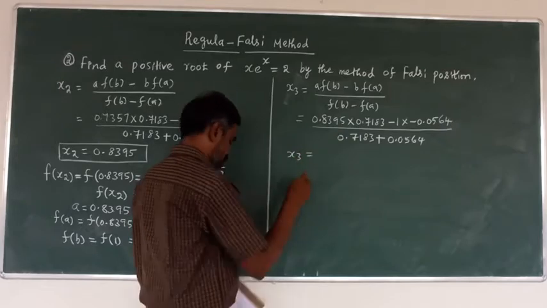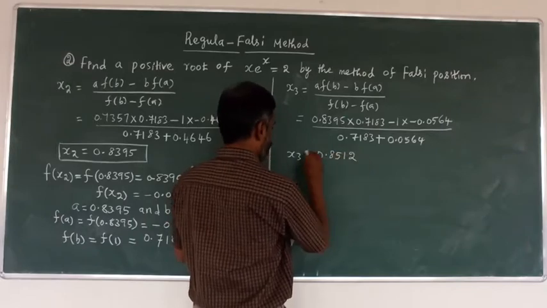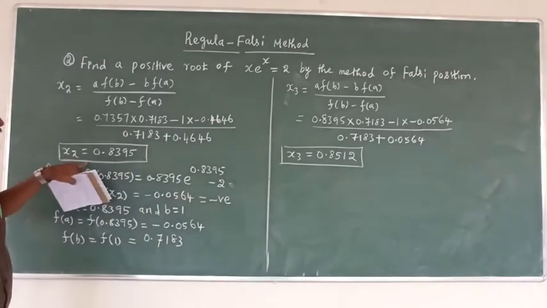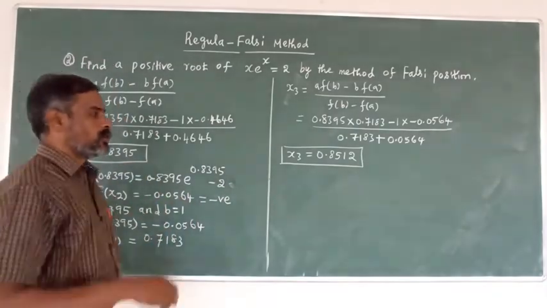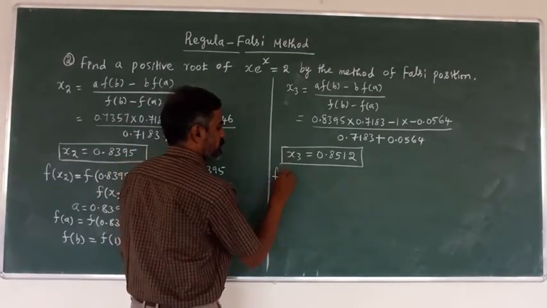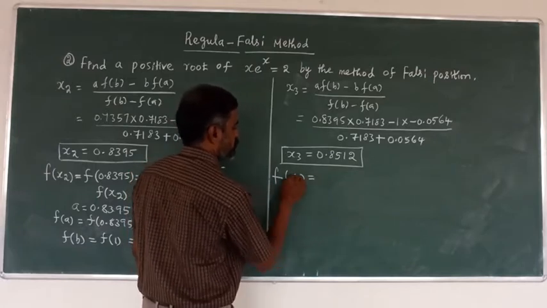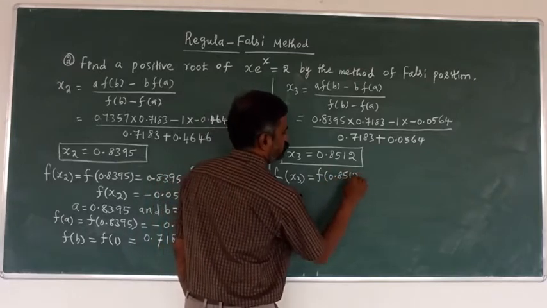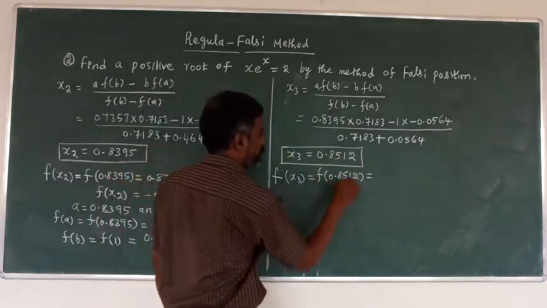Now x3 we can get the result 0.8512. Now x3 value compared with x2, both results are not same, so we have to continue the next iteration. Now to check, this is for positive value or negative value. For that f of x3 value 0.8512. Now to substitute this value in this one, x value